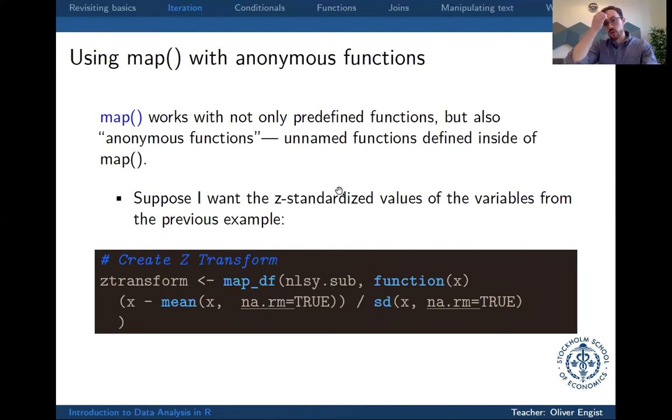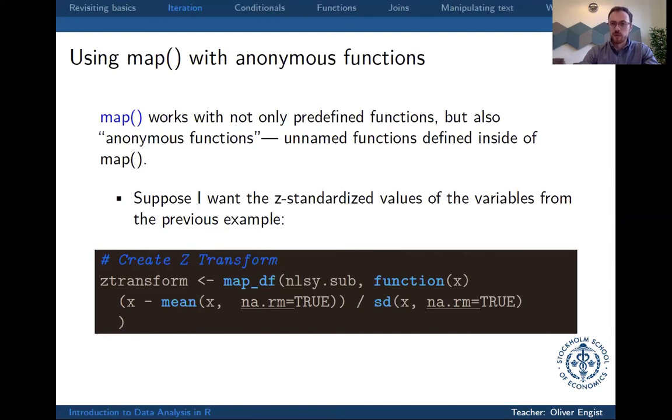Very often, we'd also like to use our own functions, not just a function that is already predefined. So what we would do is, instead of giving as a second input an existing function, we just write our own function right in there. And the way to do this is that you type function, you give it the input or the placeholder variable x, and then following in brackets, you write whatever operation you want your function to perform. So in this case here, we would like to have the C transform function applied to each of these three